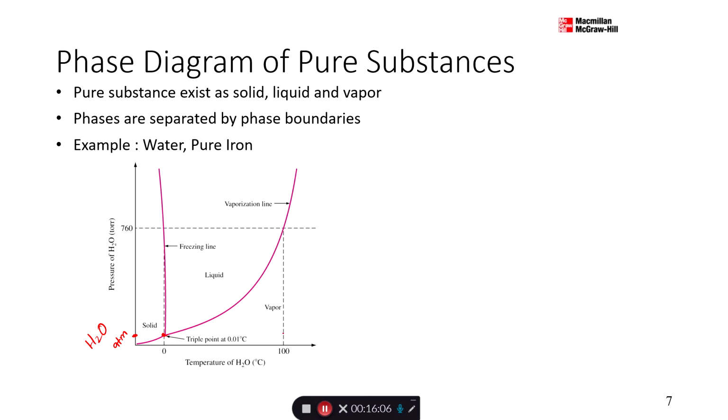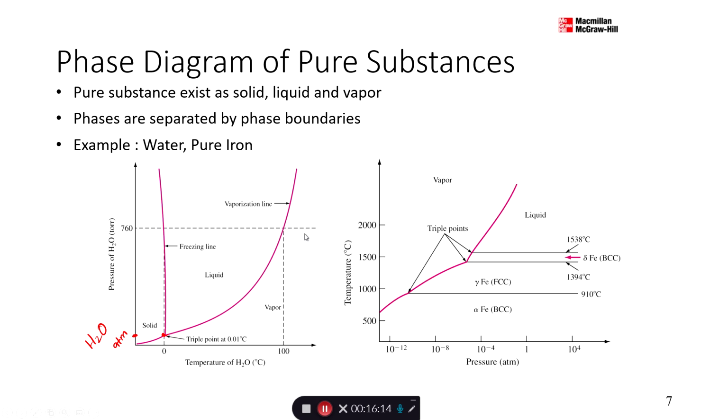And then if you go up to 100 degrees, it will be vapor. Okay. Now, so this is the liquid portion. Past this line, it will be vapor. So atmospheric pressure should be above this. Yeah, I'm sorry. It should be above this. So let's say